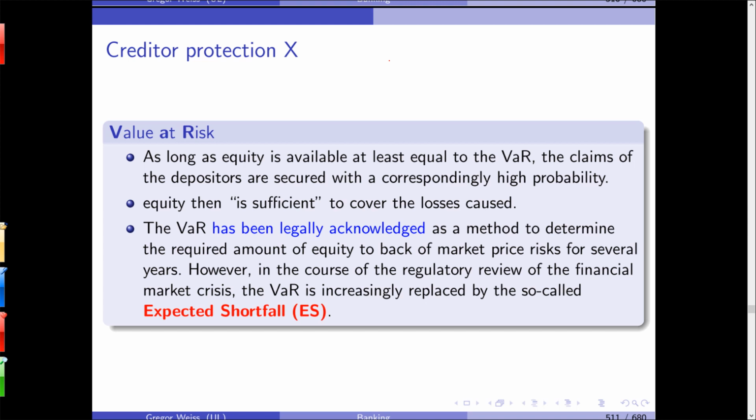How can you calculate risk-weighted assets? Value at risk. That's why it's so important. It's so important because regulation allows you to use the value at risk of your different assets to calculate your risk weights, your risk-weighted assets. And this is one reason why it's so important. Yeah? So it is replaced in some cases by expected shortfall, but what you can do is, and what you